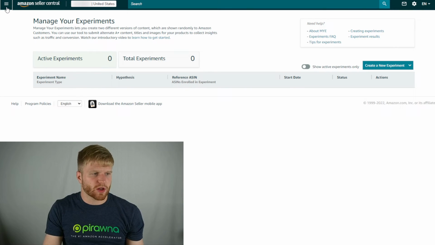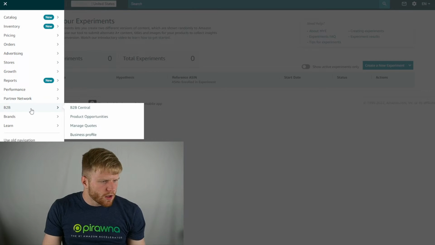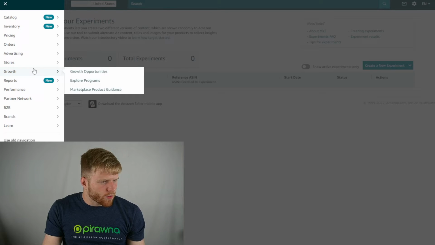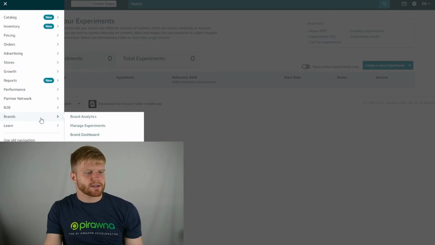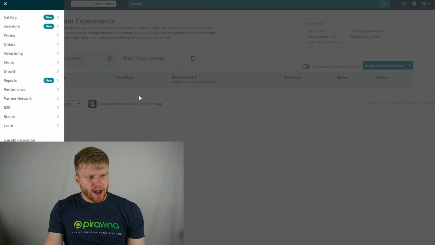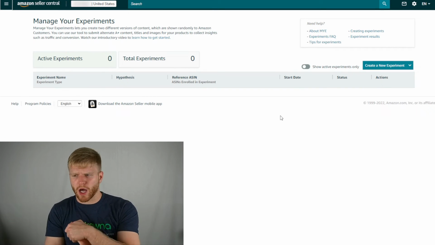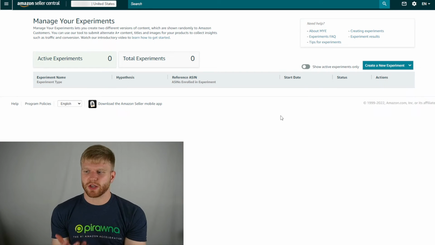You just click on the left side panel, and then you go to... I always forget where it is. No, one second. It's under brands, and then once you go to manage experiments, from there you'll be able to... I believe you might have to be brand registered, potentially. But what you will do once you're here, you'll be